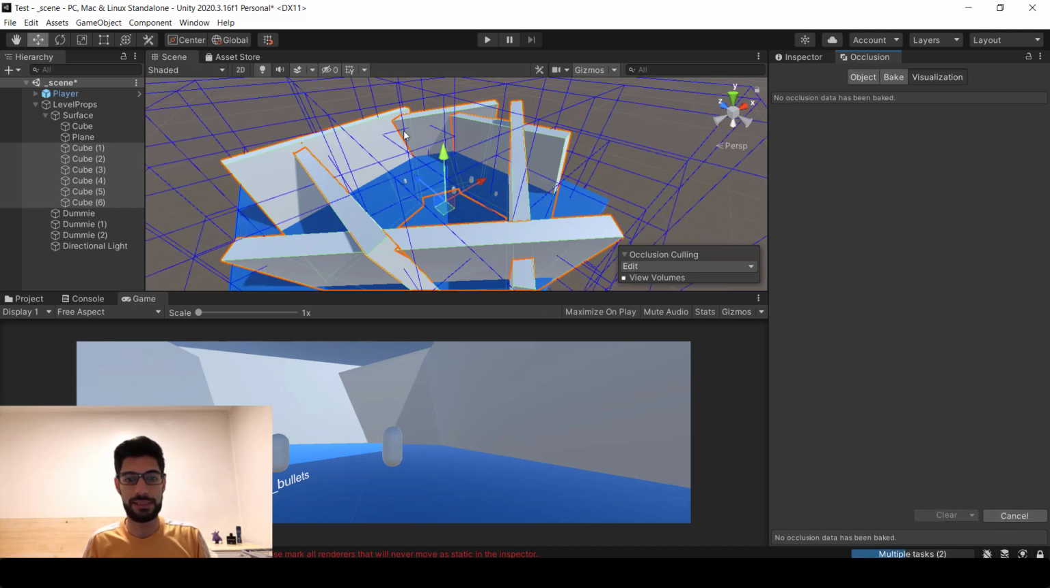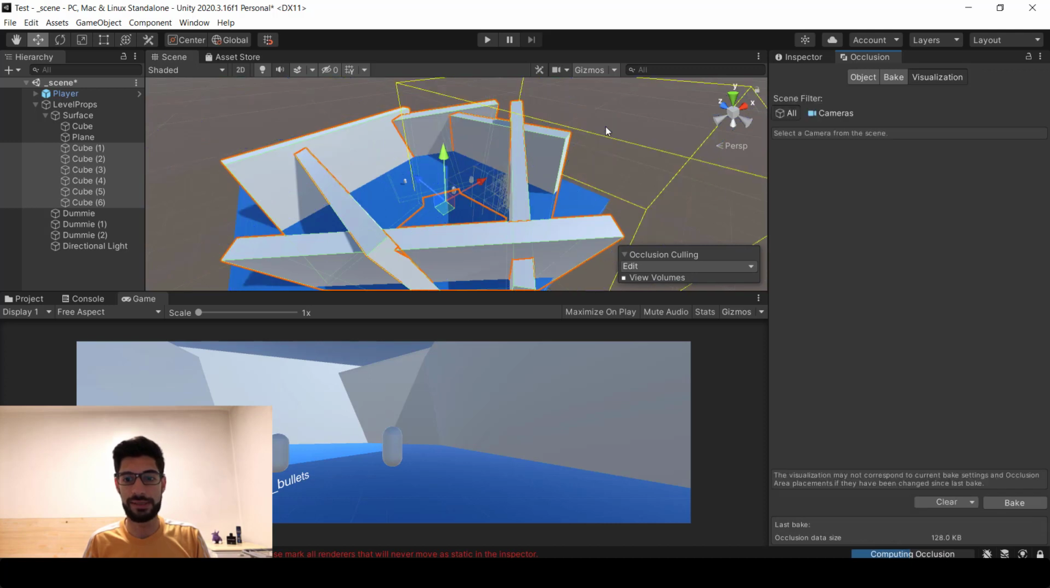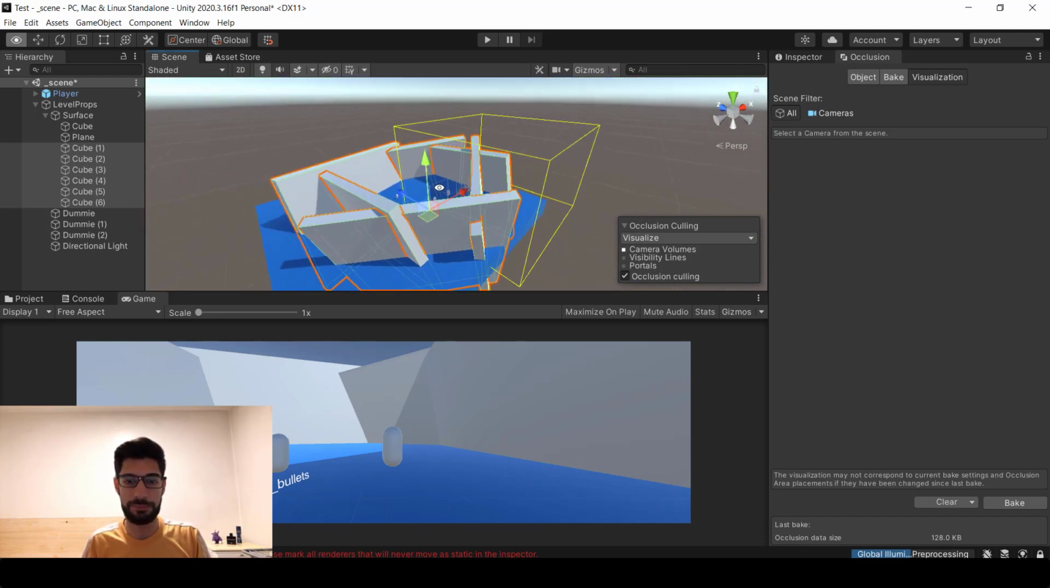And as you can see, Unity creates these blue squares and it will save the occlusion data. As you can see here, the occlusion data size is right now 128 kilobytes. And right now, if I play the game,